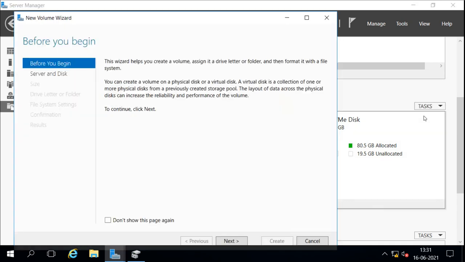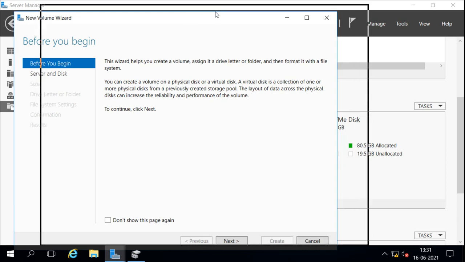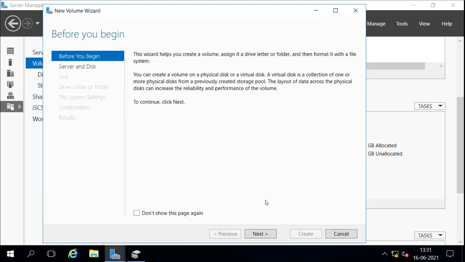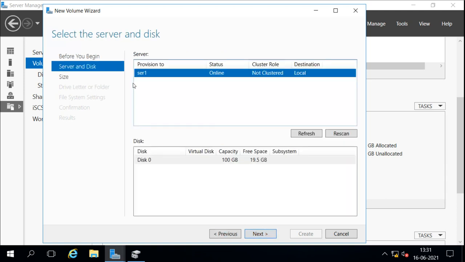Now it will open this wizard. From this wizard we can go on and create the new volume. First it is saying this is the wizard to create a volume. I will say okay, you should read this before you begin. Next, it is showing the server, which is online and local, and this is the disk, with the size available, capacity and free size.